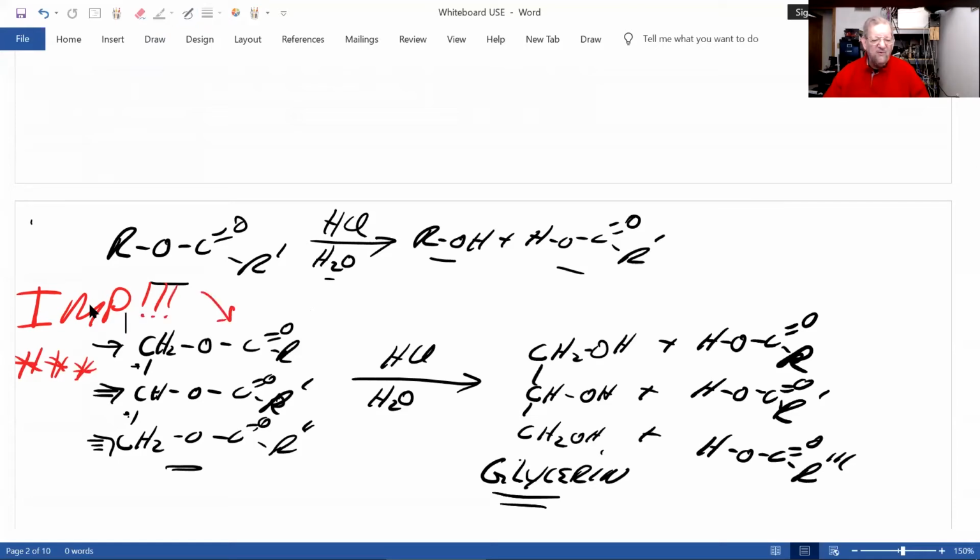Now, this is an important reaction. Why? Because this is how your body breaks down fats and oils. If you had something like toast with butter for breakfast, or some bacon, or a hot dog for lunch, or if you're a vegetarian, some olive oil in a salad dressing, once you swallow,